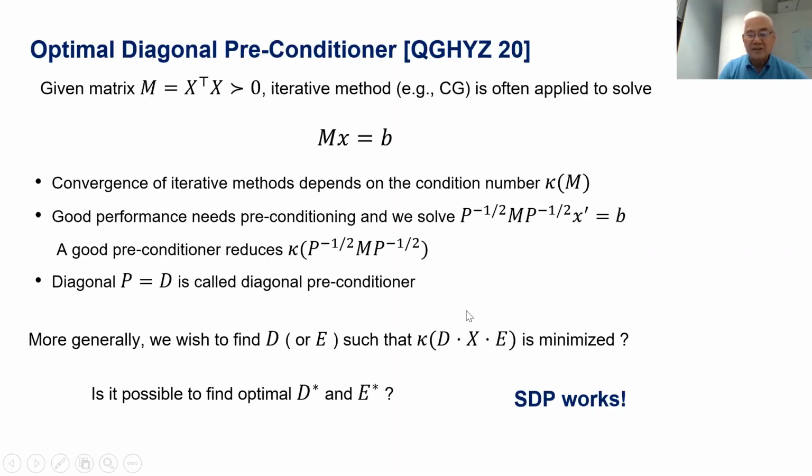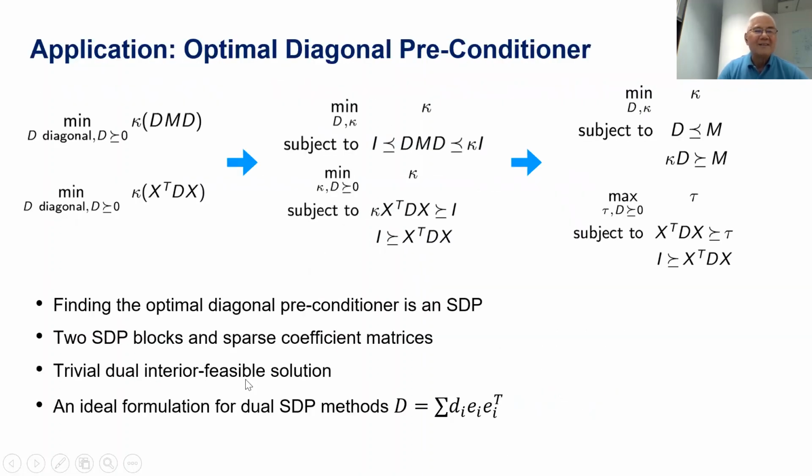Okay, so preconditioning: diagonal preconditioning has used many different heuristics. Can we find the optimal diagonal condition, either from one side, left or right, or from both sides? Actually, I want to show you this problem itself can be computed in so-called polynomial time, and actually use SDP. So, for example, if you only condition on M, that means diagonal conditioning on X from the right,